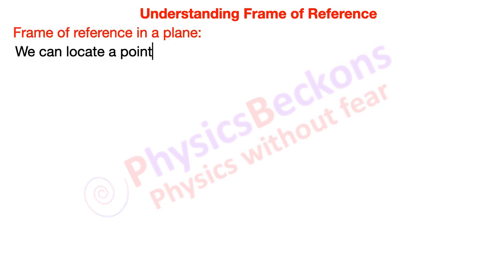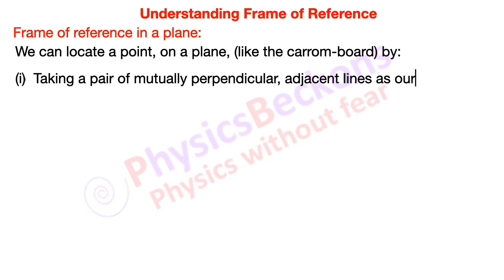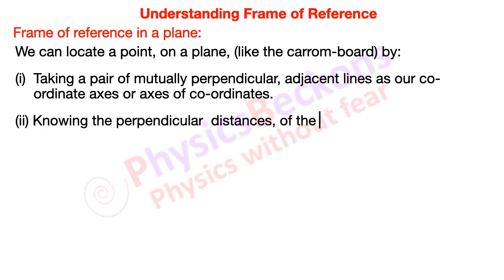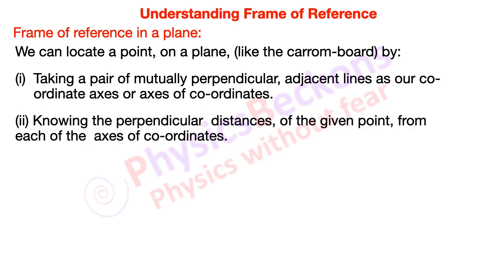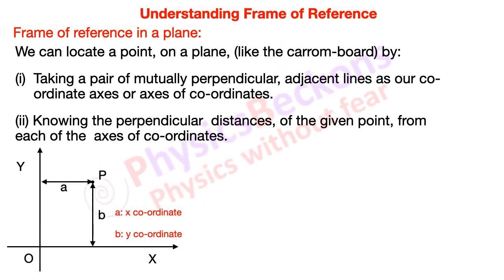So what is the frame of reference in a plane? We can locate a point on a plane like the carom board by taking a pair of mutually perpendicular adjacent lines as our coordinate axes, or axes of coordinates. Then we need to know the perpendicular distances of the given point from each of the axes of the coordinates. So here is the frame of reference in a plane,